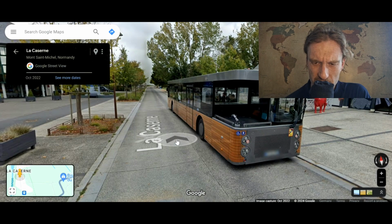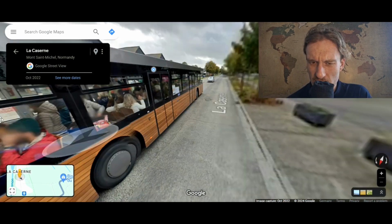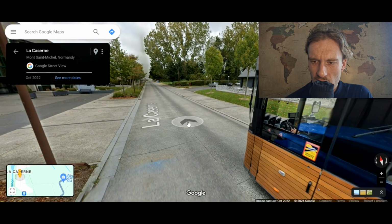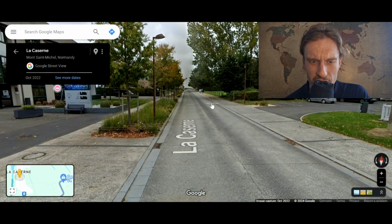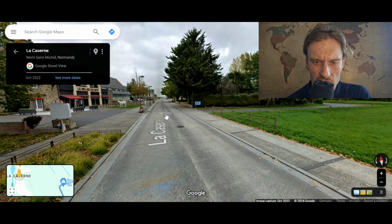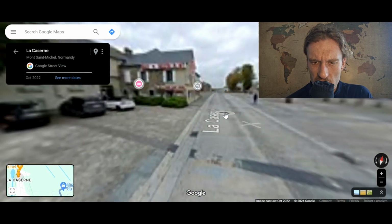What kind of bus is this? What kind of bus has wood on the side? Surely some new electric bus, huh? Well, I mean, I suppose even by French standards, this is quite something of a site. So, some investments need to be taken